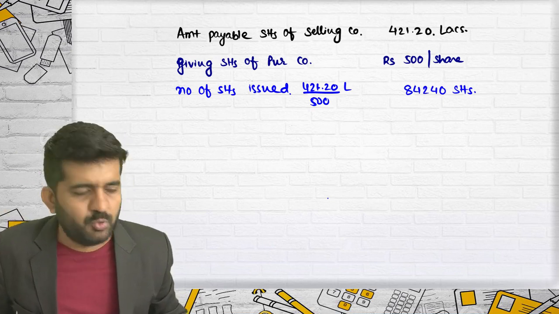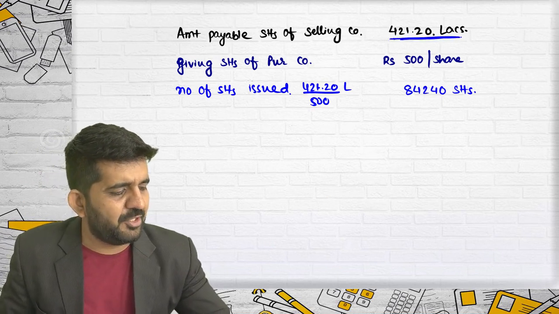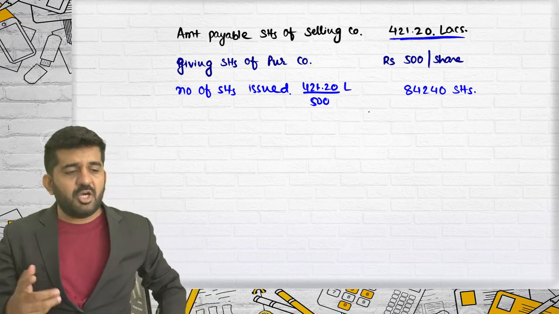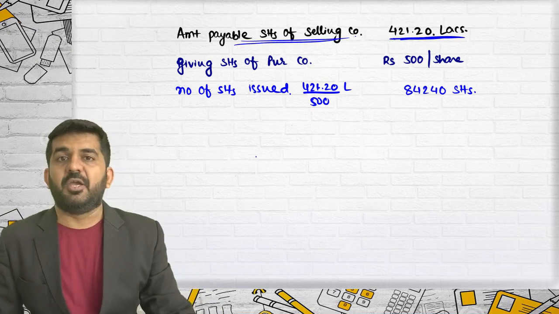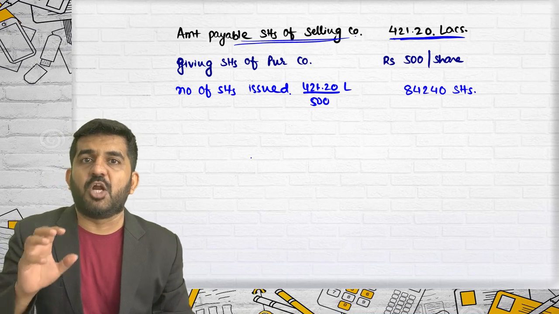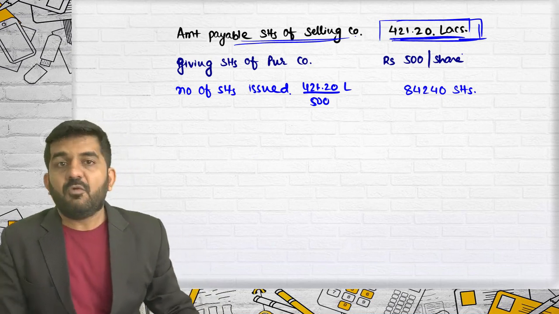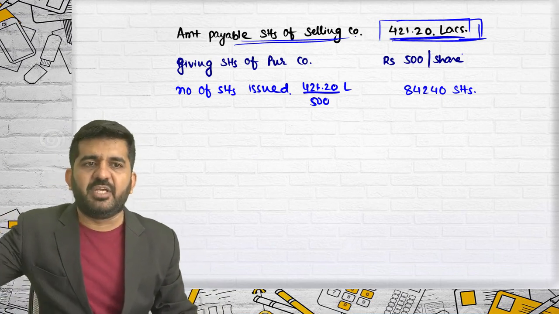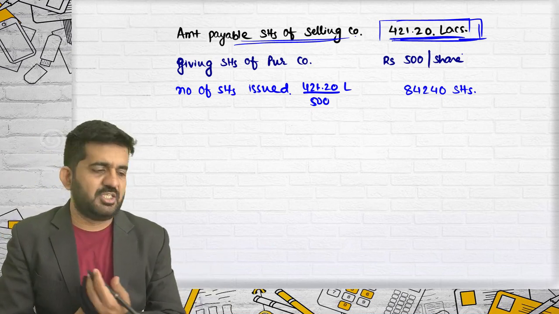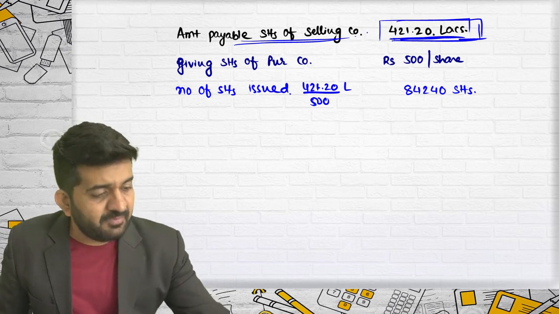My question to students is, we were not finding out this answer at any point of time in our category number 1 question. We were not finding out this answer. What is the amount paid? We were directly finding out the exchange ratio, exchange ratio based upon market price. Where was this answer hidden when we were doing that category number 1 sum? Exchange ratio based upon market price and exchange ratio based upon earnings. Any student? Where are we finding out this answer?